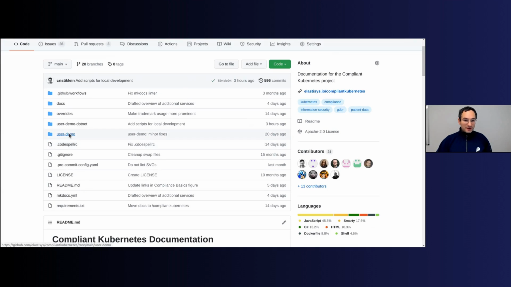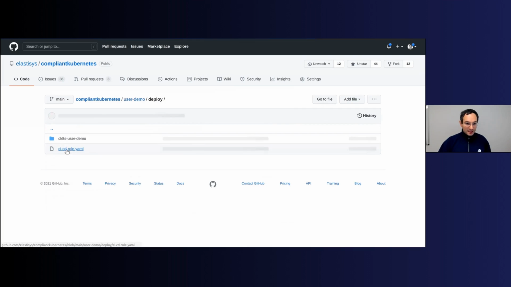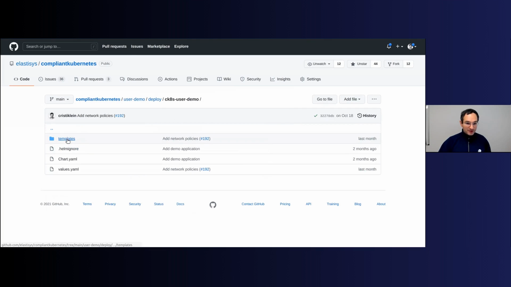And by the way, fun fact, the Helm chart of our .NET example is pretty much just a symlink to the Helm chart of the Node.js application. So this really shows that, once you have properly Dockerized your application, that's pretty much done for it. Afterwards, it's just copy pasting and maybe a little bit of fine tuning, but that's it. So then I can show you, for example, that,